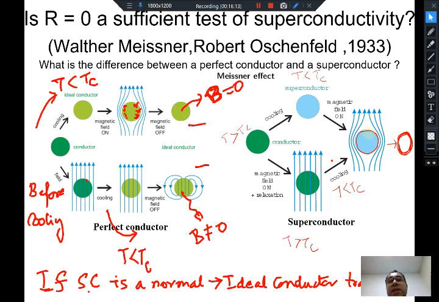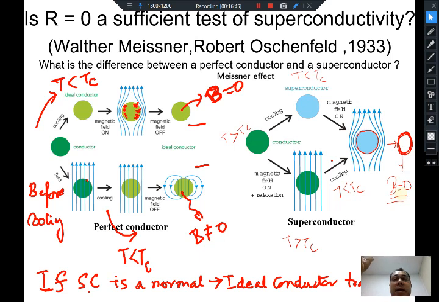The moment the material becomes superconducting, the natural state of the superconductor is to expel all magnetic flux from within its interior. And so irrespective of what path you take, when you make the magnetic field equal to 0, it will reach this state where B is equal to 0 inside the metal. Once it gets into the superconducting state, the material behaves like a perfect diamagnet.